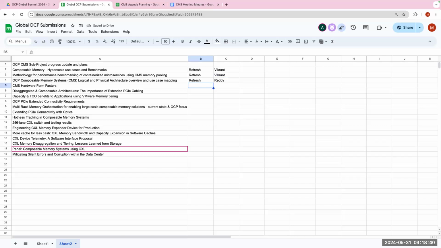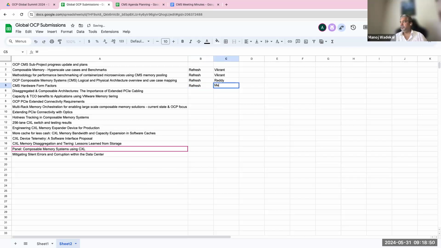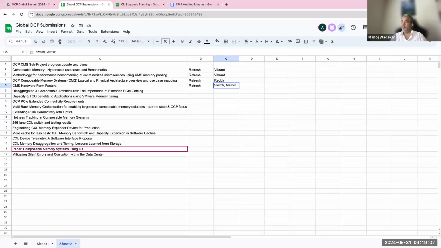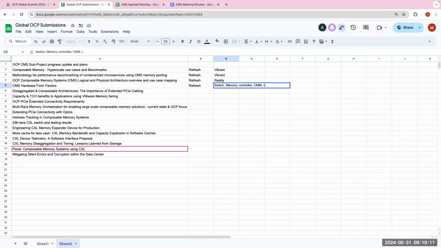I think this came from Meta and Cisco. I don't know if Anant is online or not, but you can ask Meta again. If anybody else wants to do it, this will be awesome. Actually, it would be good to have a non-Meta name on it just now. Let's see if we can add a switch vendor to this. I think our focus was the memory expansion, right? And then maybe even a computational device, Pankaj, vendors.